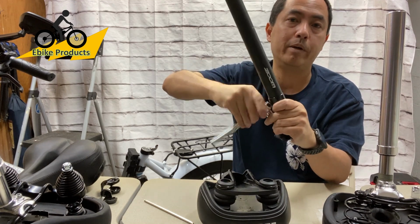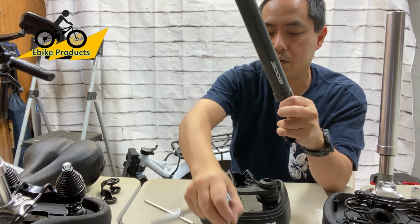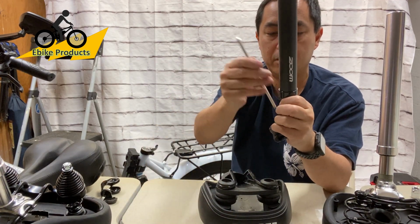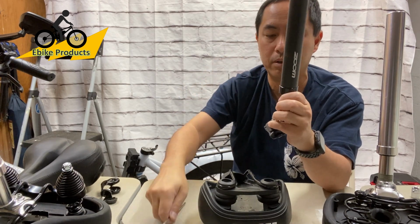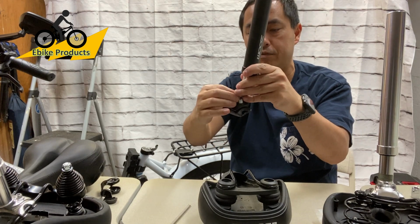By the way, I highly recommend getting a ratchet for a lot of bike stuff, because Allen wrenches are great as a tool by themselves here. And you can do this and put it up here, but for the most part, a lot of times you have to keep going in and out, in and out. Okay, so now once I have it loose enough, I'll go ahead and